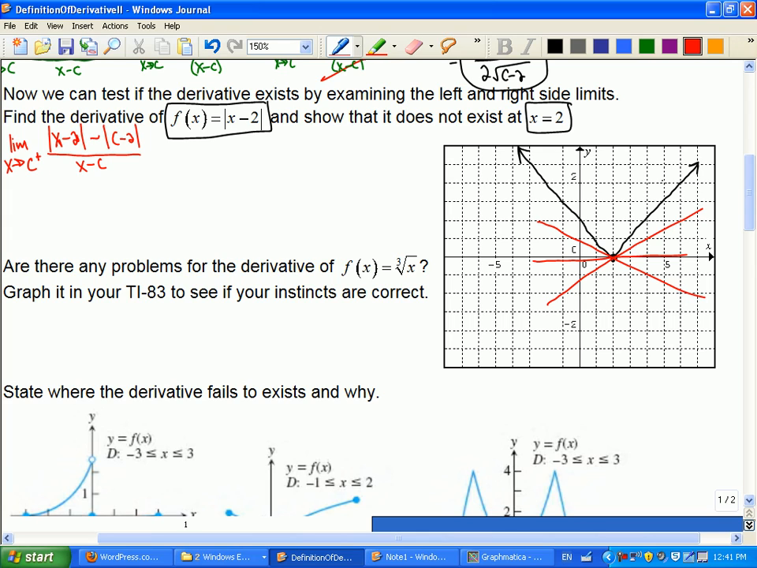So as I approach from the right side of the graph, this is what I'm doing. I'm going this way. So the tangent line, if all you did was look at the right side, that's the tangent line there. That has a slope of 1. The slope of the line as I approach from the right-hand side is 1. However, if I do the same thing